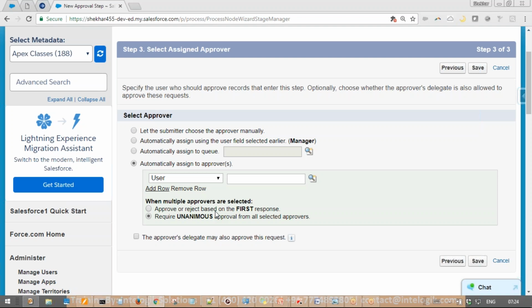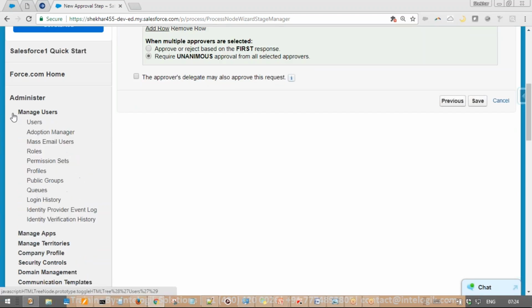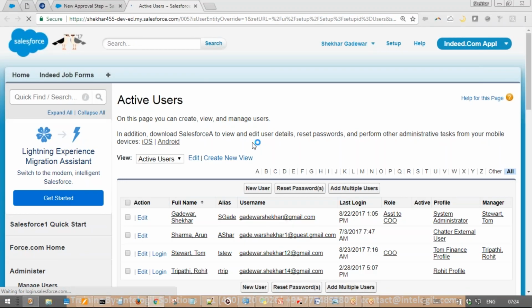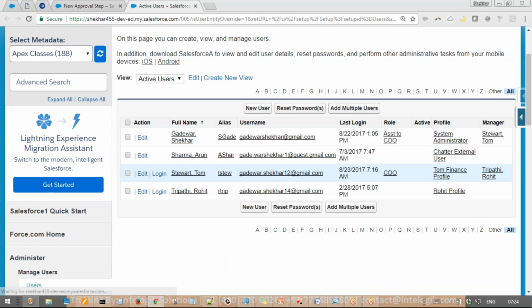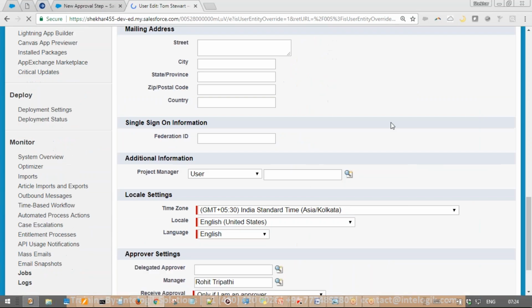And suppose any person who is an approver went for vacation or is not available in the company. Instead of that person, you can also arrange a delegate for approval, and the delegate you can set is again at user level. For example, let's say we are talking about Tom, who is manager to Shekhar. Tom is going for some vacation, he's not going to be in office for a few days, and meanwhile he got an approval. Then what are we going to do? In this case, we can set here,